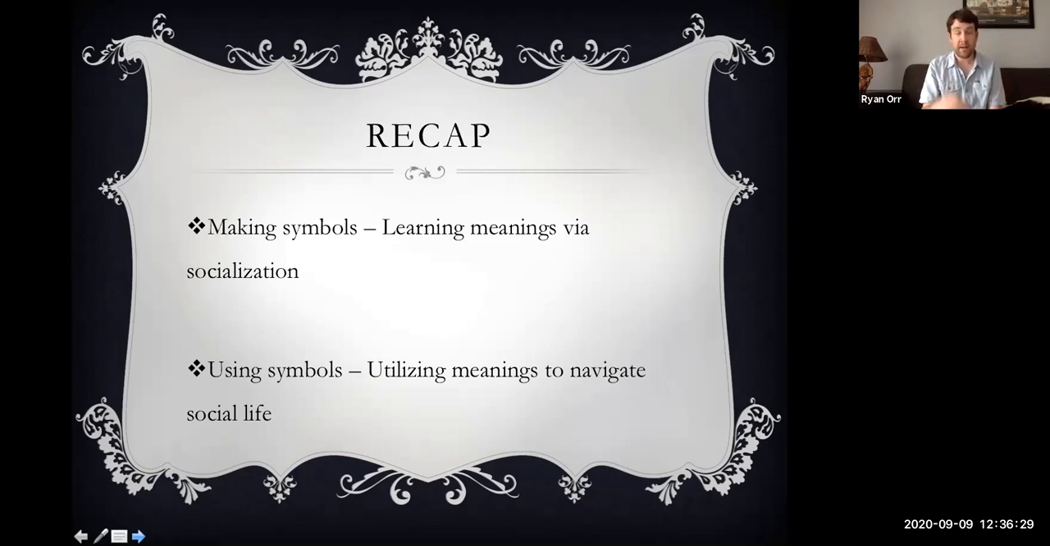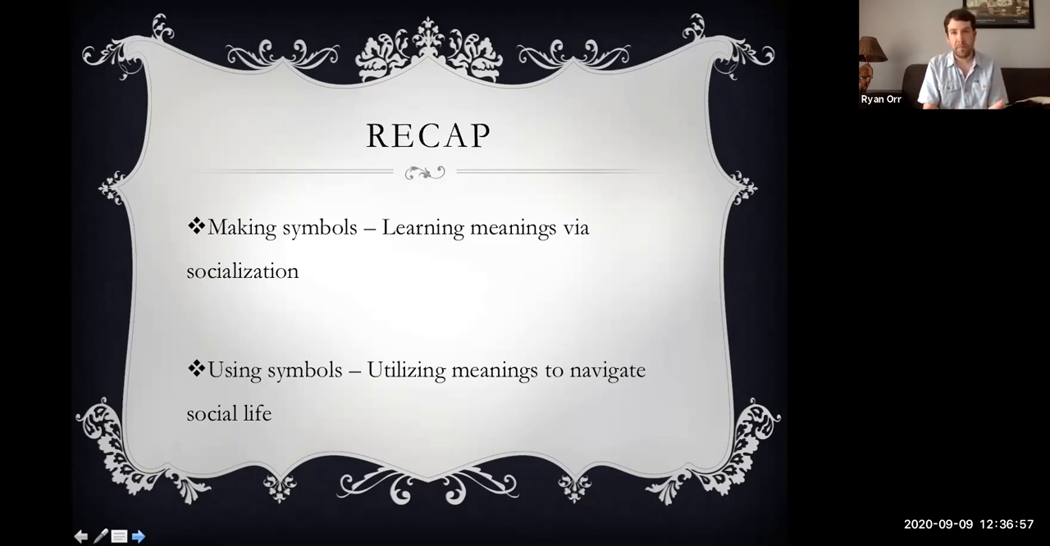So, look at the mind and how the mind is created, how the mind operates, and then get into how the mind relates to identity. And then, towards the end of the semester, we work our way up from the bottom to get to collective action, collective behavior. So, looking at the last chapter, briefly recapping it, we looked at individuals as symbol makers and